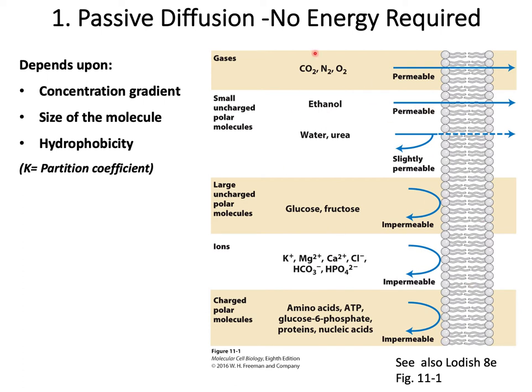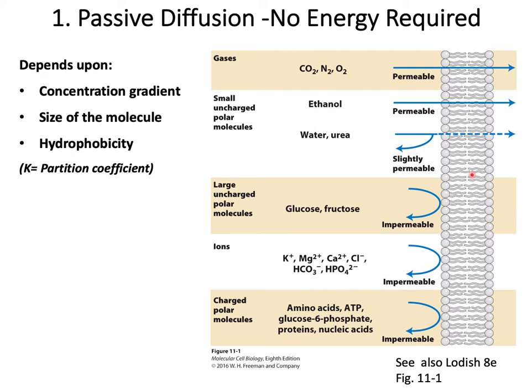So to summarize, the rate of transport via passive diffusion is dependent on three variables. The first is the concentration gradient. It is proportional to the molecule concentration gradient across the membrane. Second is the size of the molecule. Smaller molecules are more permeable than larger molecules. And the third and most important is the molecule's hydrophobicity, often called the rate limiting step of the